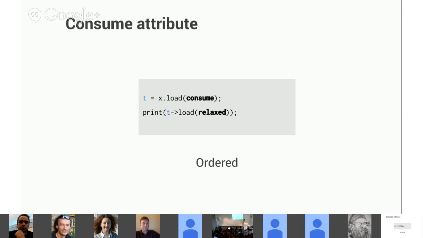So for example, it will work here exactly like an acquire because we are reusing the same key. If it was another variable without any kind of dependency, it would be exactly like a relaxed. It would not order anything. So this was a good idea at first glance because it is really cheap on hardware, because ARM and Power, for example, require fences for acquire, but not for this, because they automatically track such